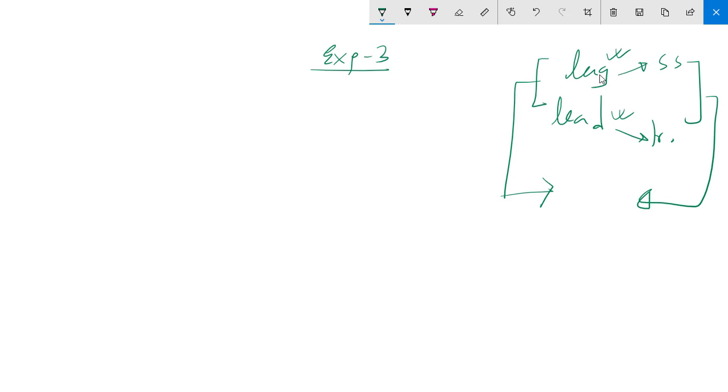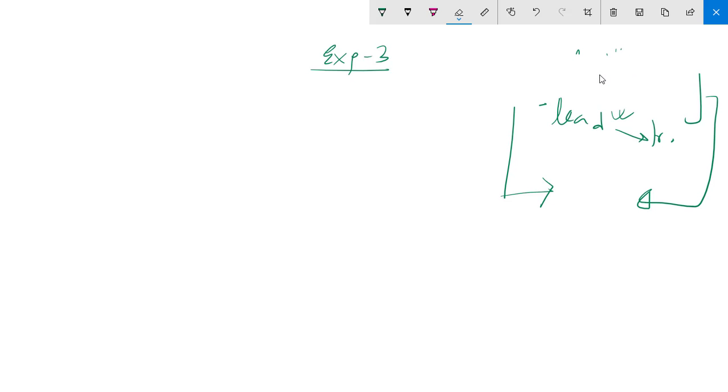If you understand experiment 3 pretty well, then experiment 4 shouldn't be a problem. So I will upload these two experiments in very quick succession. That's the first thing that I want to mention here. The next thing that I want to mention here is